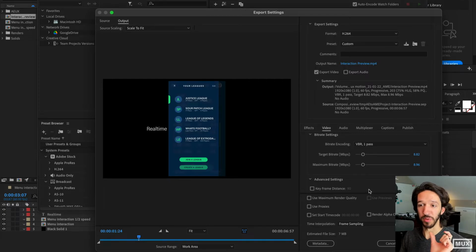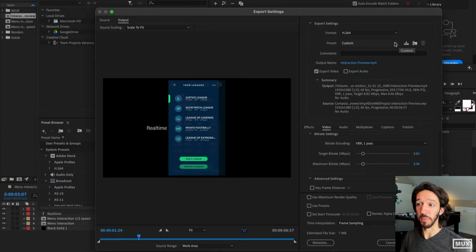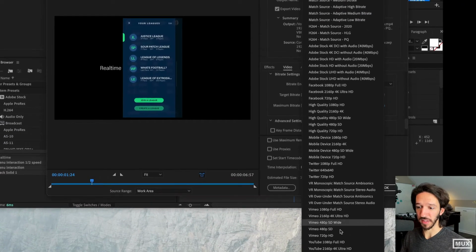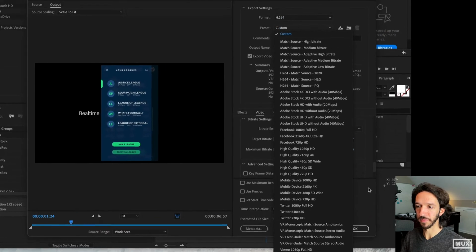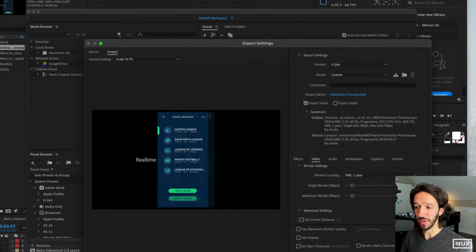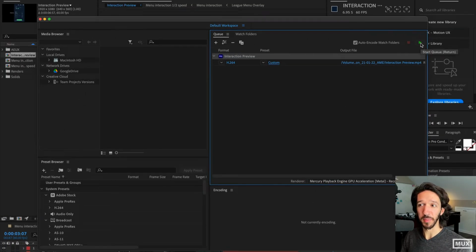So if you're really needing something real tiny to put into like a slide deck, sometimes just reducing the video size is helpful for optimizing that preview experience. You can also change the output name here, but once everything looks good, and if you've made some specific customizations for something that you'll reuse again and again and again, I definitely recommend saving a preset. And if for some reason you mess up some of the settings, you can just go back to these presets and go all the way down here to YouTube Full HD. Once that's done, you hit OK, and you just hit this play button up here, and it will render out